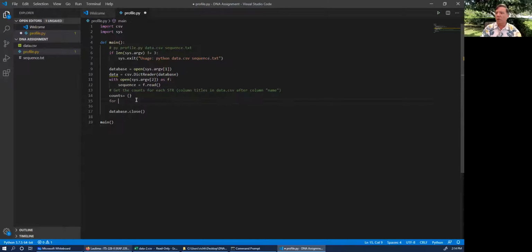I'm going to do for str. Can I call it str? Am I going to run into trouble? I'm going to call it subsequence. For each subsequence, subsequence str, I'll call it that, for each one of those in data field names,